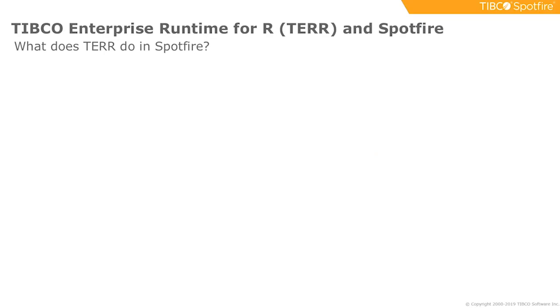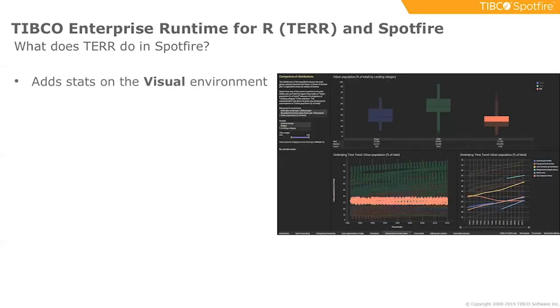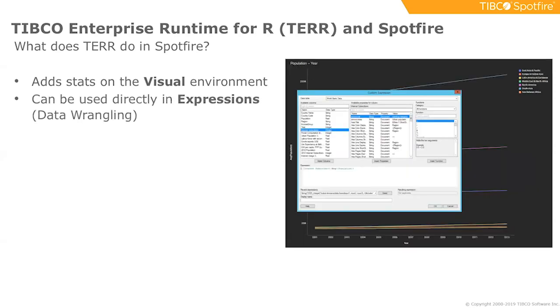There are several different ways of taking advantage of TERR within Spotfire to build your analytic apps. The first way you'll notice is just adding statistics to your visual environment. Anytime you right click and use a forecast such as Holt-Winters, that uses TERR. The next way is within expressions. This allows you to wrangle your data using R directly within Spotfire. You can use built-in expressions, of which there are several, which we'll be seeing later, or you can even register your